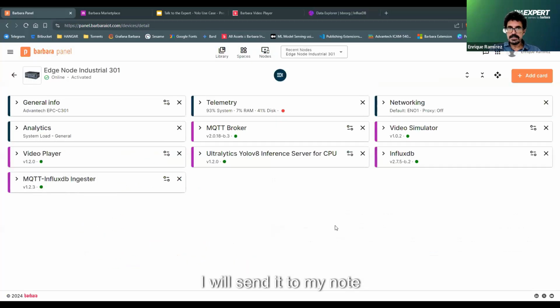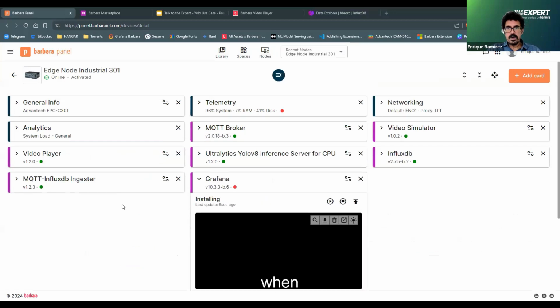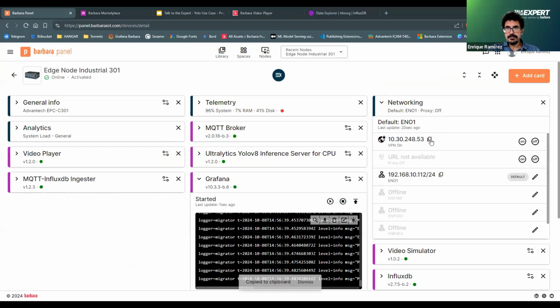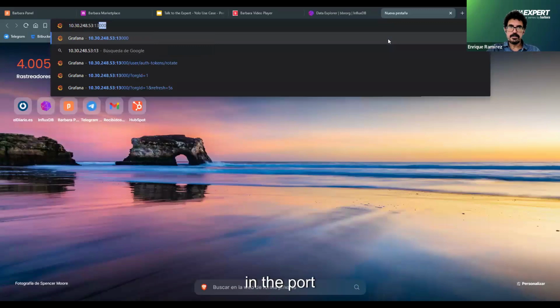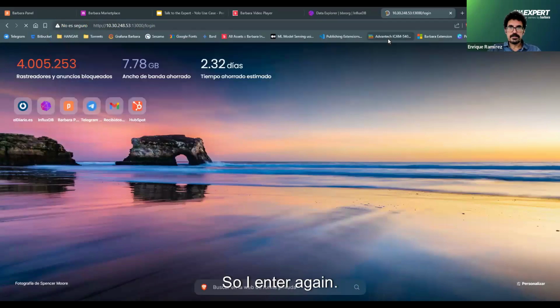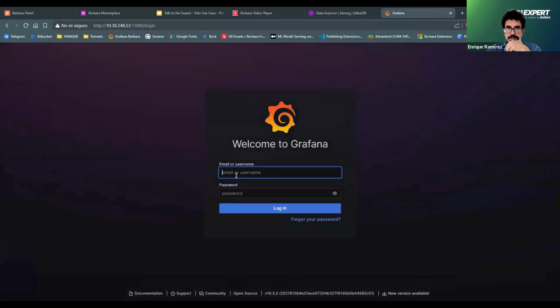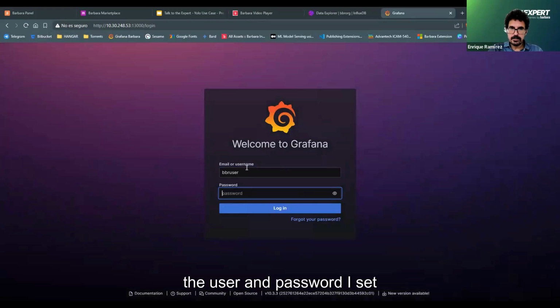I will send it to my node, and again, when it is running, and it is now, I have my Grafana available, in this case, in the port 13,000, right? So I enter again, and when it loads, I have to put the user and password I set